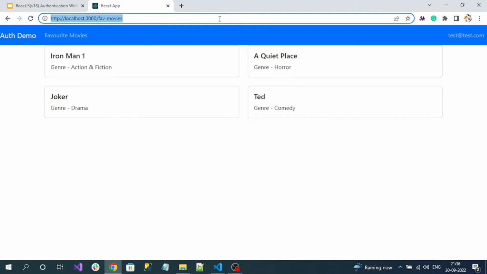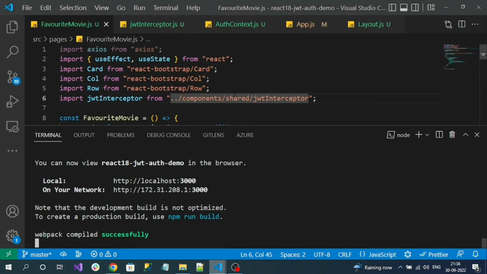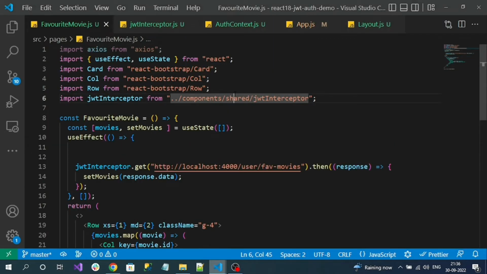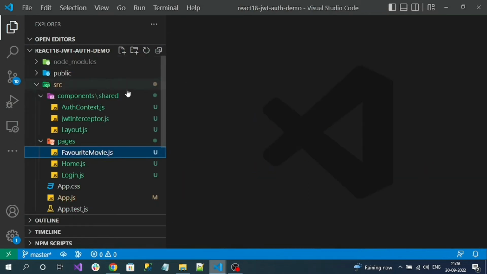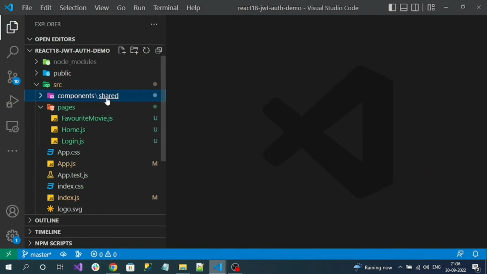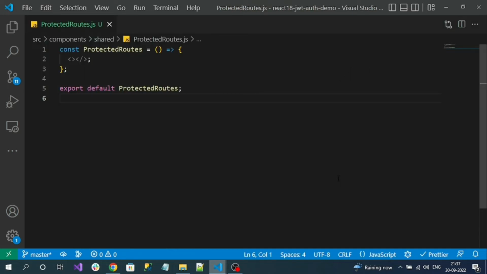Okay. So to implement the protected route, we will create a component where we can wrap our routes. So for that, let's go to my shared set of components and create a new component like protectedroutes.js. So this is our protected route. First thing is it's going to read